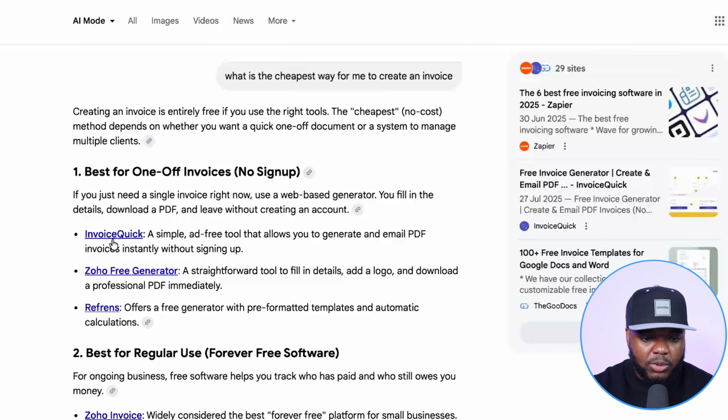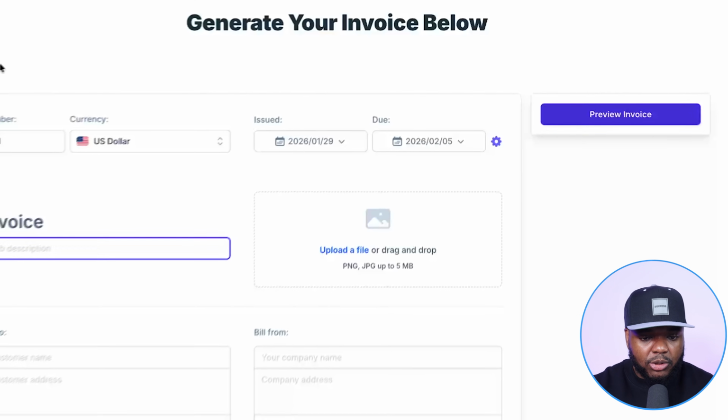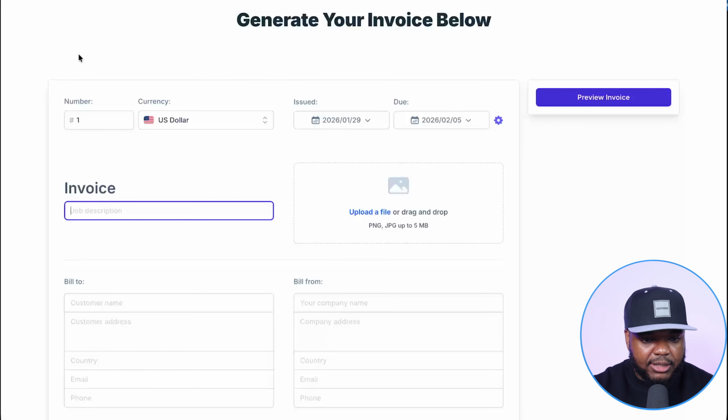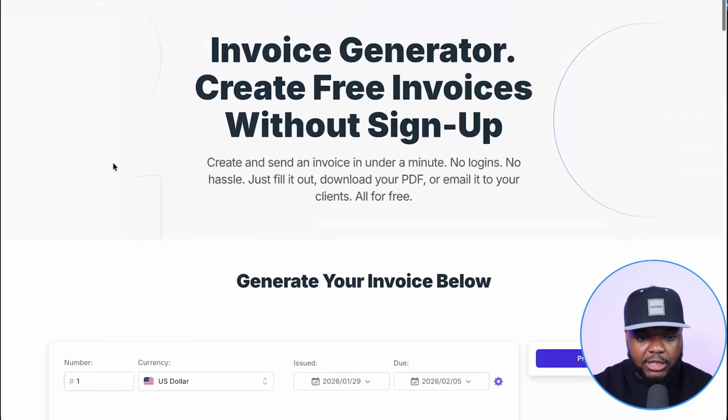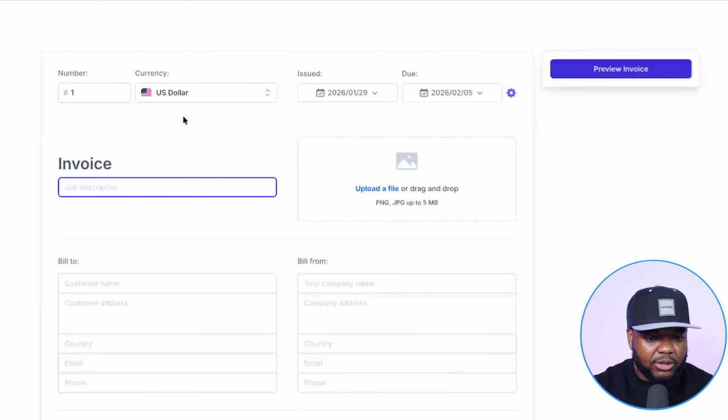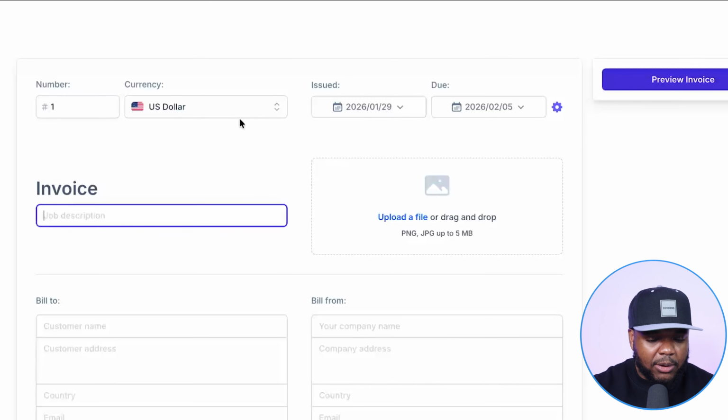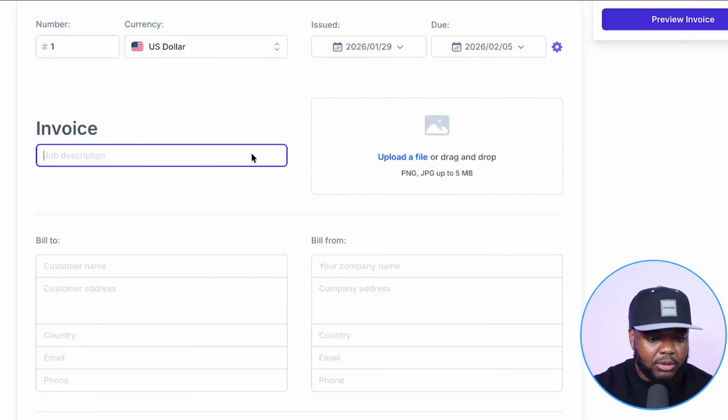But if we click into one of the first ones in the list, I'm sure that you guys can agree that this is a very similar invoice to the one that I just made using Google Antigravity. Pretty straightforward. People are going to be able to use it when it comes to downloading or creating an invoice for free, and they're going to be able to get a PDF document that they can use in any way